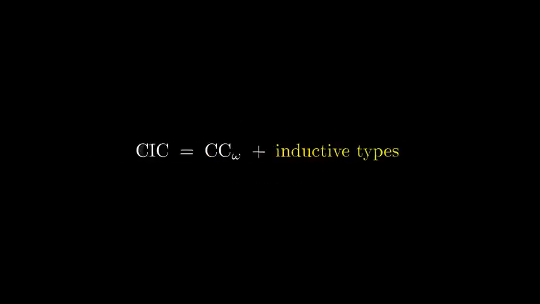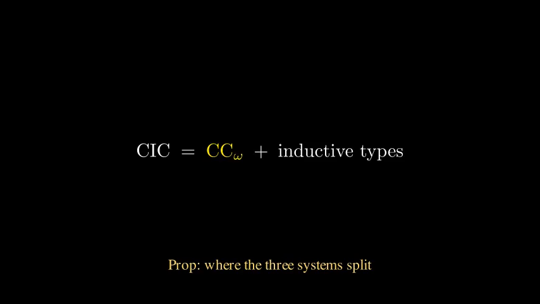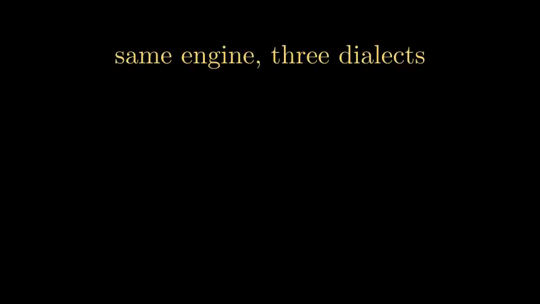2 episodes, 2 sides of the same formula. The right side became constructors and eliminators. The left side became a universe hierarchy with one impredicative floor, Prop. That turns out to be exactly where the 3 big proof assistants disagree. Same engine, 3 dialects. The choices each system makes about Prop, proof irrelevance, and K shape the mathematics you can write in it, and the libraries that grow on top.